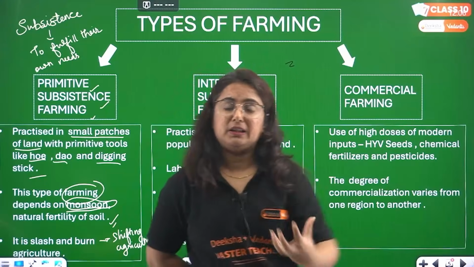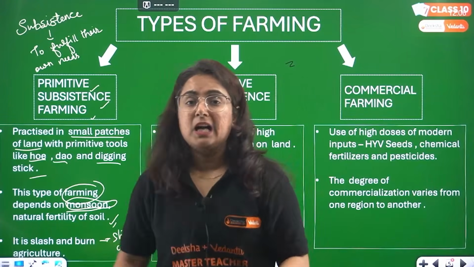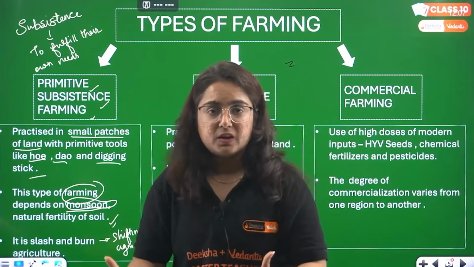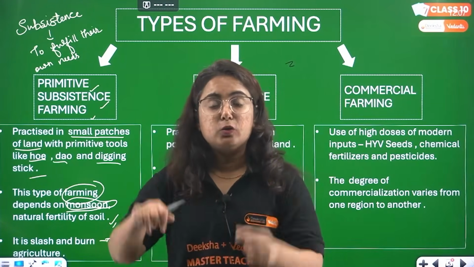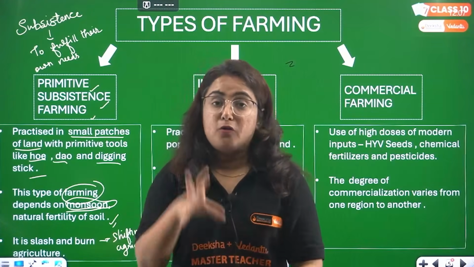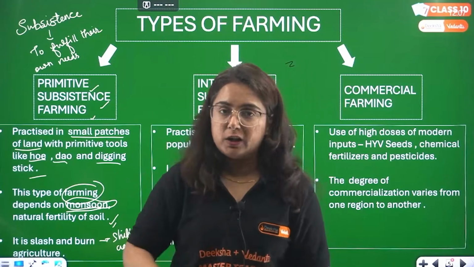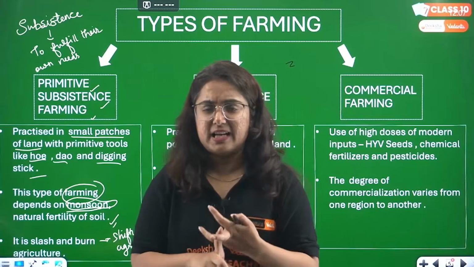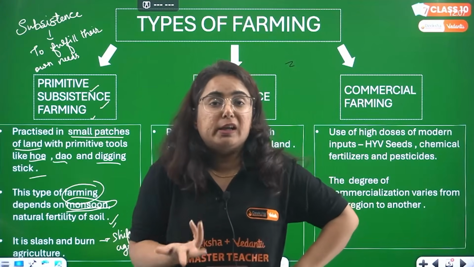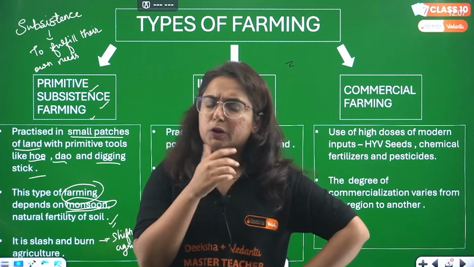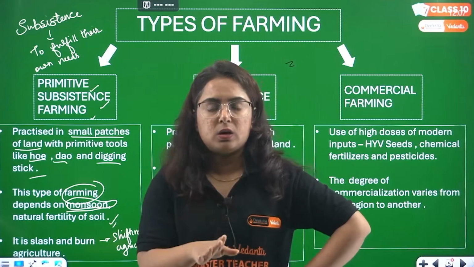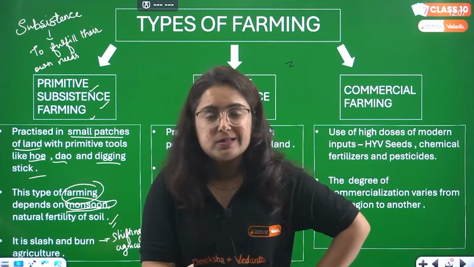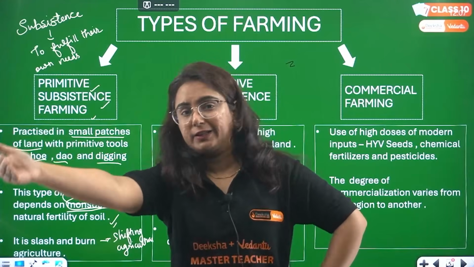So what happened during the previous times, beta? The people used to clear the patches of land where forest had grown. After clearing that, they used to grow crops over there. Once the soil loses its fertility, now they don't have fertilizers, they don't have insecticides, etc. But now the soil loses the fertility. Will they be able to grow the crops over there again? No. So what they do, they basically burn the remaining nodules and move to another place.